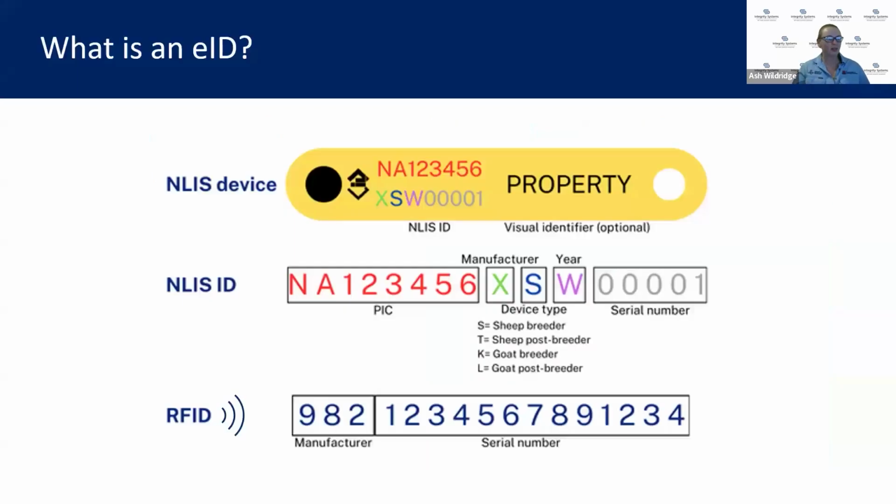So Xander touched on this a little bit before, but I'll just prompt it up as a little bit of a refresher. So for EIDs, this is something that has been required in cattle for about 20 years. So the technology is the same. So for sheep and goats, the EID ear tags look very much the same as the current visual wraparound tags,